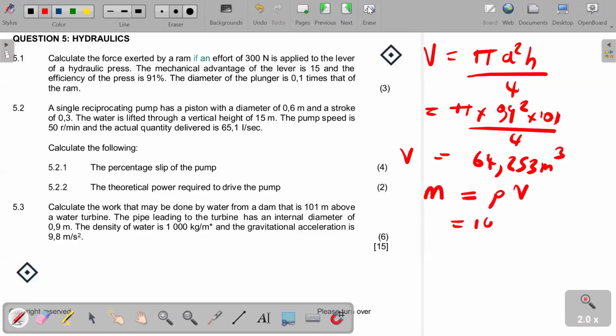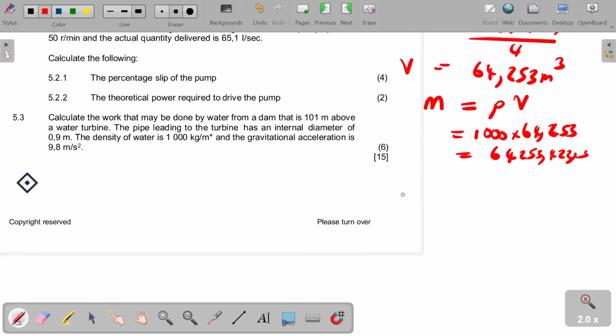Okay, then using the formula mass is equal to density times volume. It means the density 1000 multiplied by the volume 64.253, and that gives us 64,253.42375. And therefore, the work that must be done is equivalent to the gravitational potential energy. So it means the mass that we just calculated, 64,253.42575 multiplied by 9.8 multiplied by 101, and that gives us